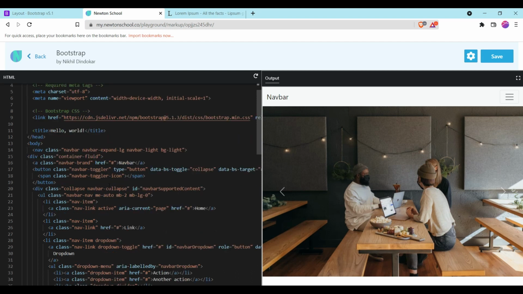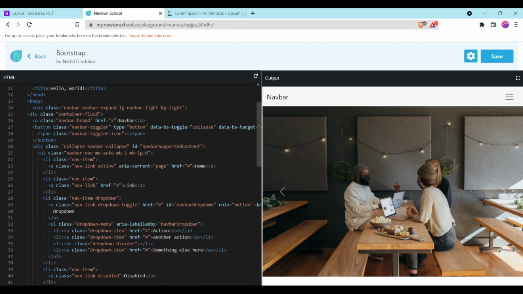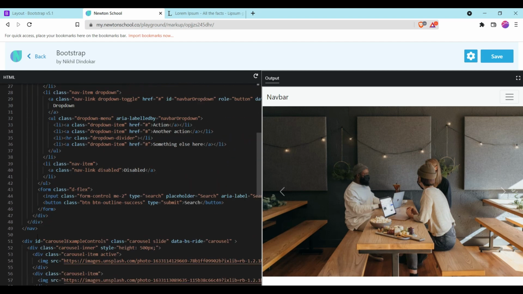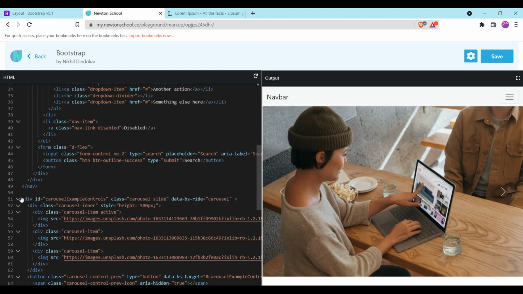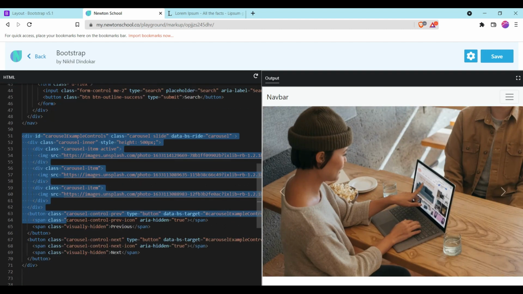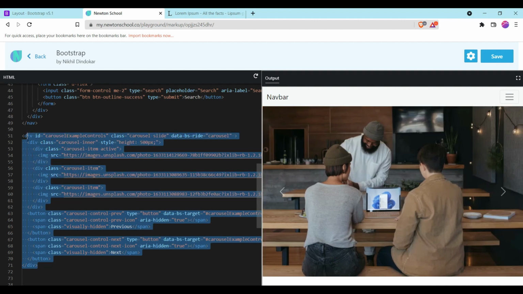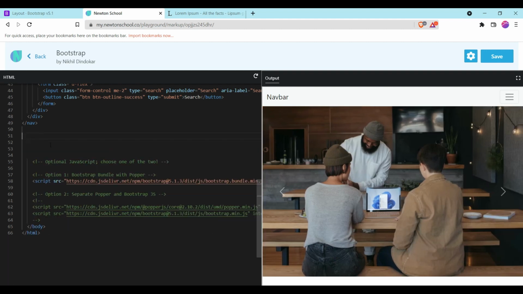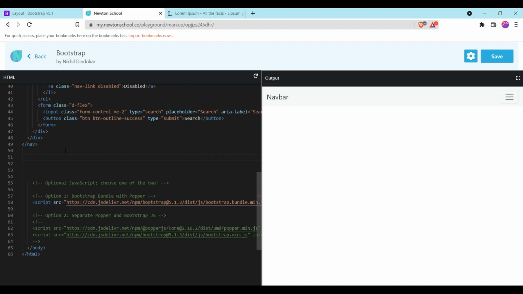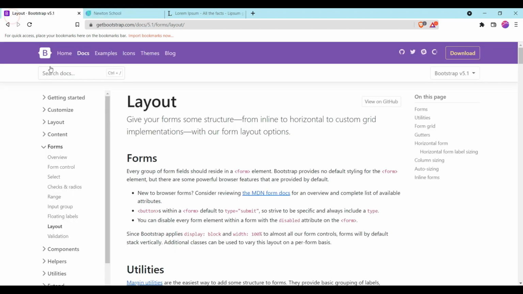So now let me show you how you can add a form in Bootstrap. First of all, we will cut this carousel. If you want, you can place it, but I want to remove it.